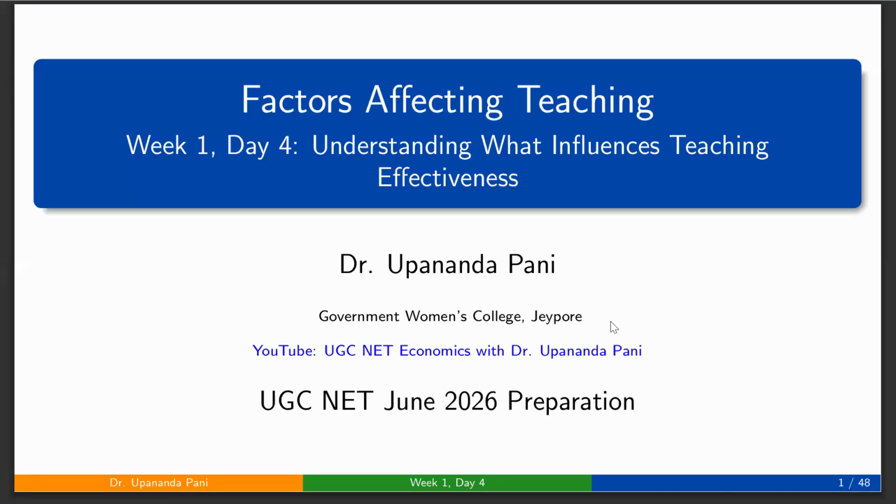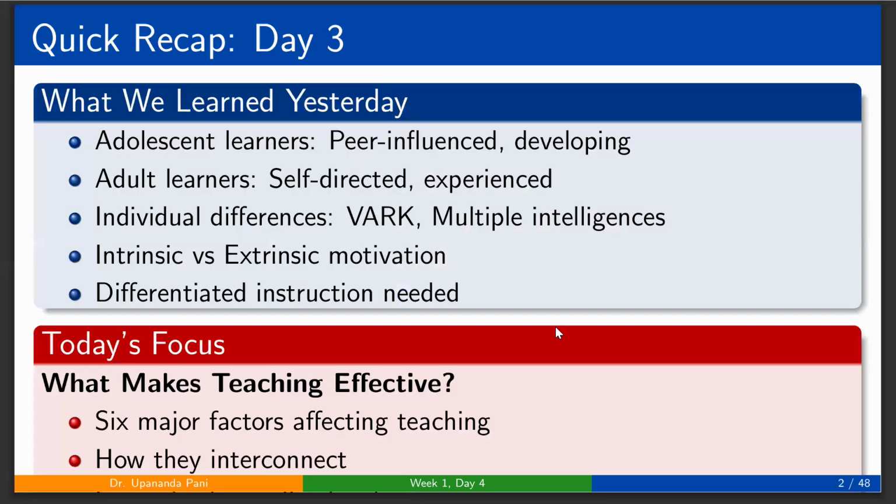So today we are going to discuss factors affecting teaching, to understand what influences teaching effectiveness, right? Let us quickly recap what we did yesterday. First of all, we tried to understand learners' characteristics, two types of learners, adolescent and adult learners. Adolescent learners are peer influenced and developing, and adult learners are self-directed and experienced. Then individual differences, we understood